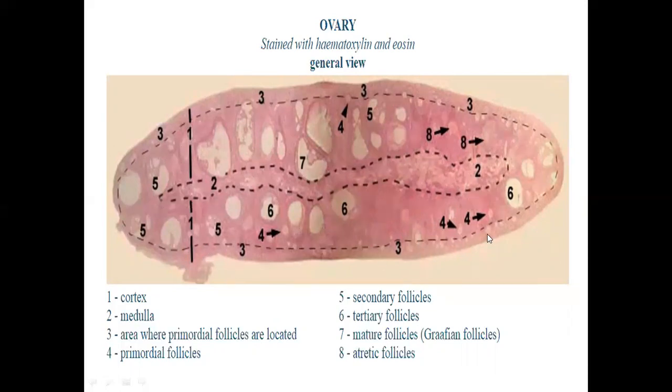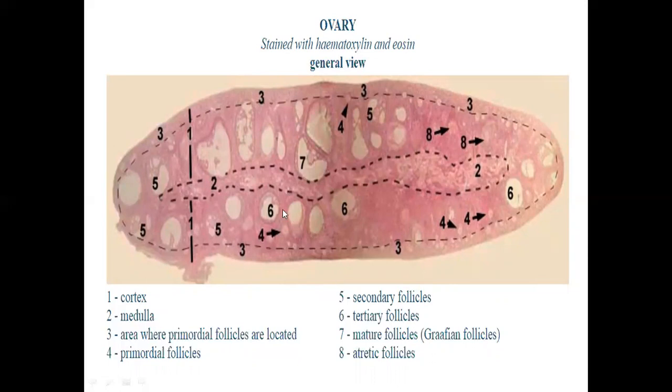Then just look at the area which is again indicated by dotted line 3. This is the particular area just inside the germinal epithelium and tunica albuginea, where all the small primordial follicles will be present. And then 4 is indicating a primordial follicle. Then you have to look at the 5. Why is it a secondary follicle? Because there are smaller cavities appearing in the follicle around the oocyte, which is in the center. Not that clear.